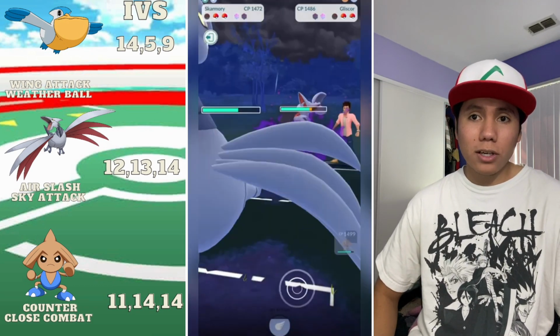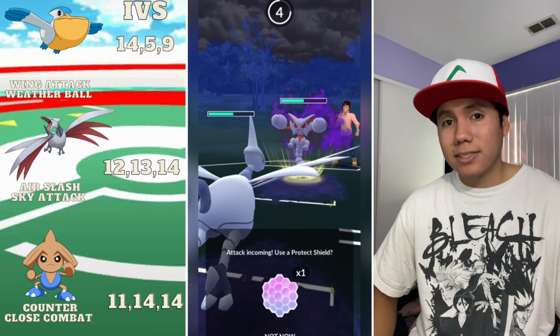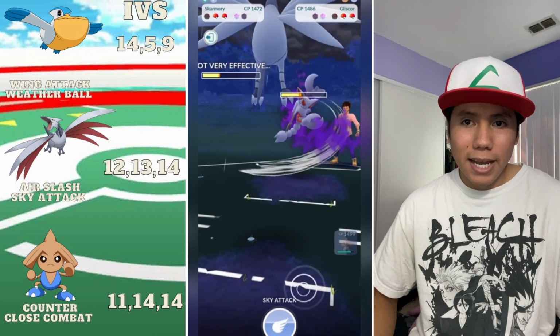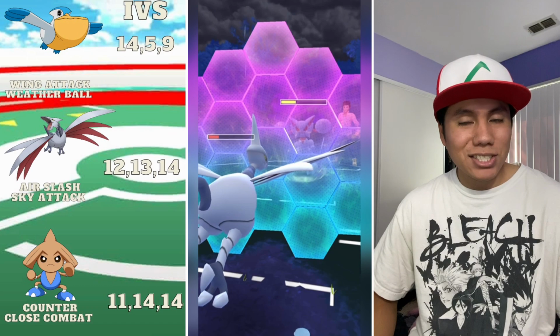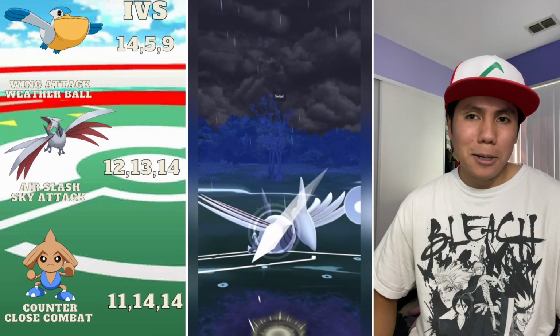That is our only win con. And Gliscor, luckily, although it's Shadow, it's not the strongest attacker, so it will take probably like 4 Night Slashes to be able to take me out. And right here, I'm gonna get to the Sky Attack, and it looks like from this range they would definitely take us out. So gonna go ahead and shield this,